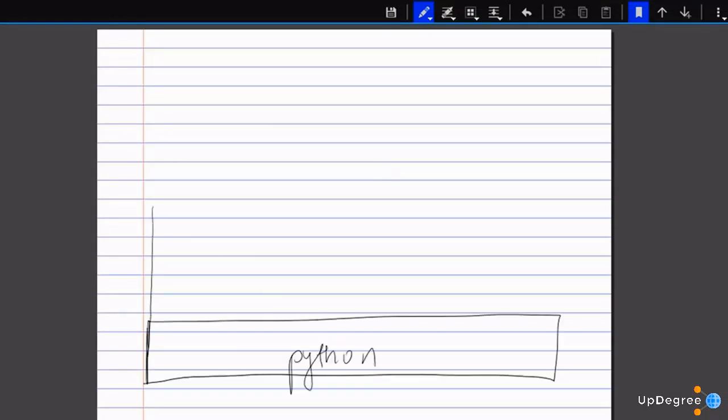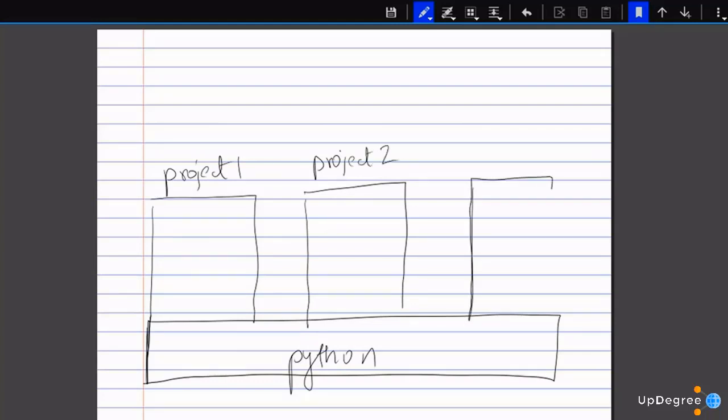Let us say we have a base Python installation that we are using for project 1, project 2 and project 3. Now if project 1 requires, let's say, a module 1 of version 0.9.1